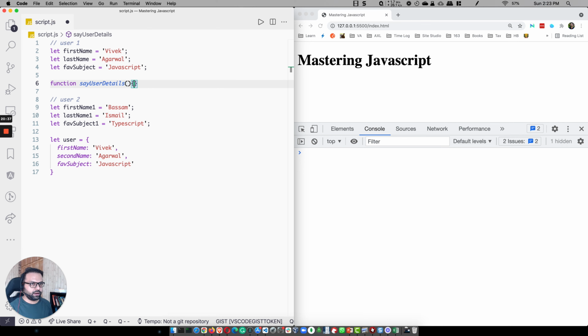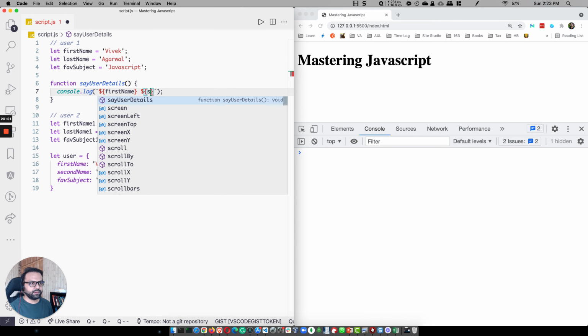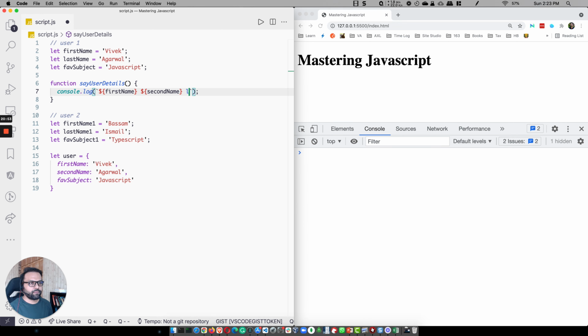And what it will do is it will log the first name, it will log the second name, and we may also log the favorite subject. Okay, and so we can group this function which uses these variables. This function is very closely tied to these variables. We can make them a part of